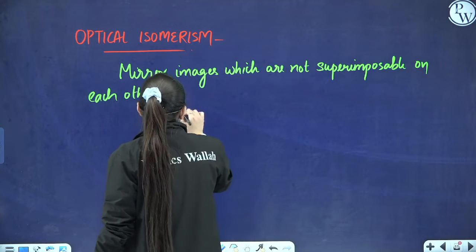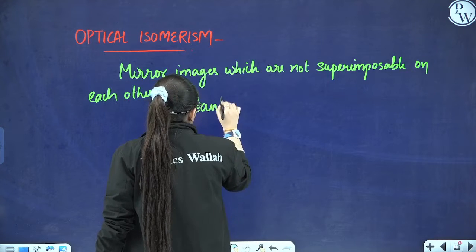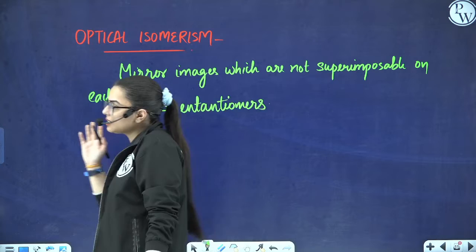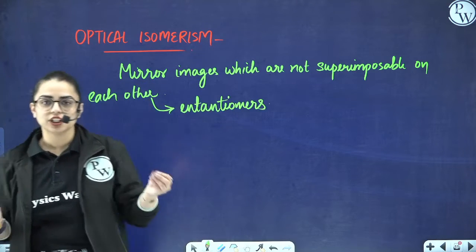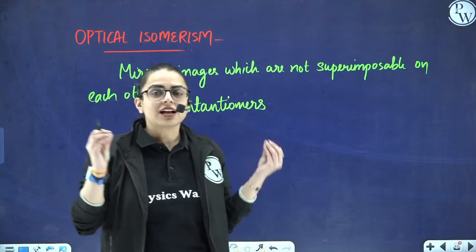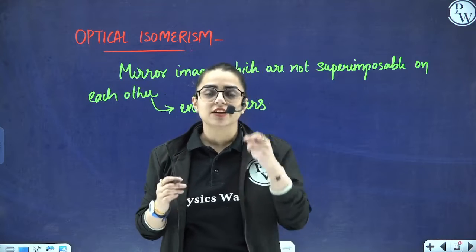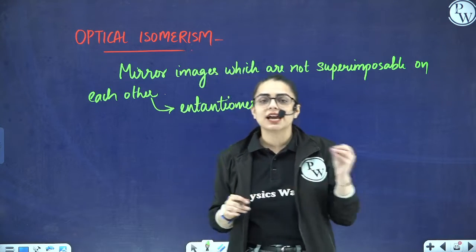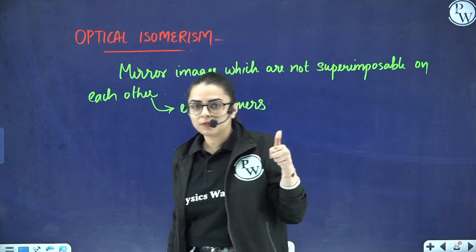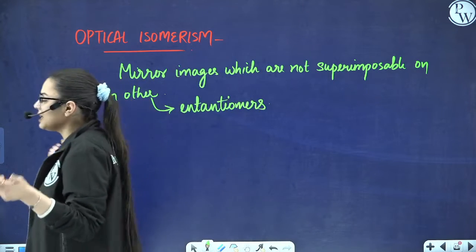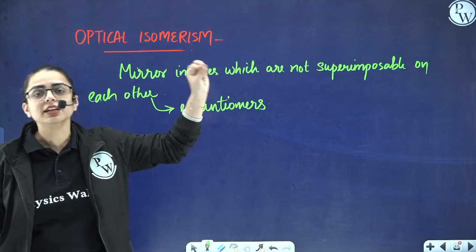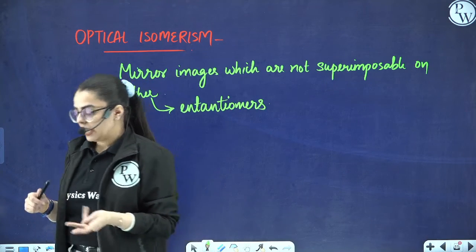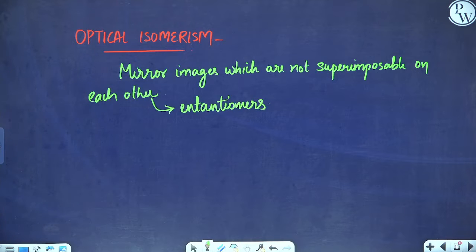And they are referred to as enantiomers, and the molecules which exhibit this are the chiral molecules. Now what is a chiral molecule? A chiral carbon is a carbon which contains 4 different groups. Is it clear to you, people? This is the optical isomerism concept that you may have done in detail in your chapter haloalkanes and haloarenes. Is it clear? Now students, you have started in that particular segment.